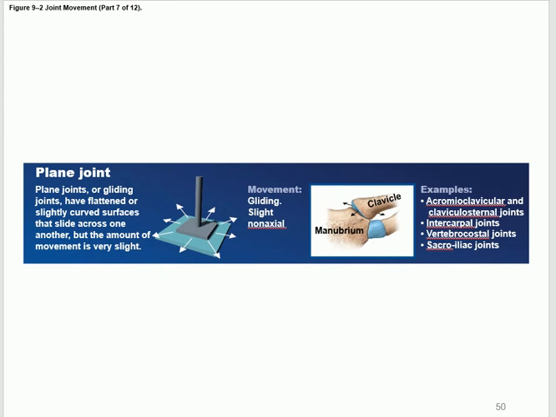Here is the gliding. What's the example? Carpal bones. Also, this joint between the medial end of the clavicle and the manubrium. It's like this. So it glides. Okay, examples here are important. What does it mean? Plus examples. Clear.